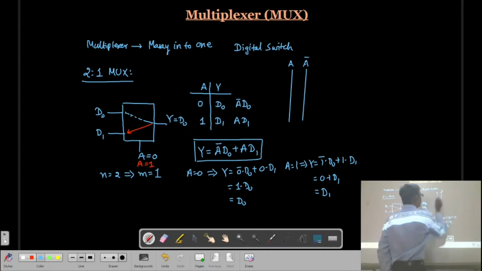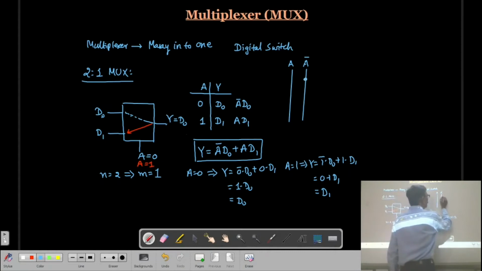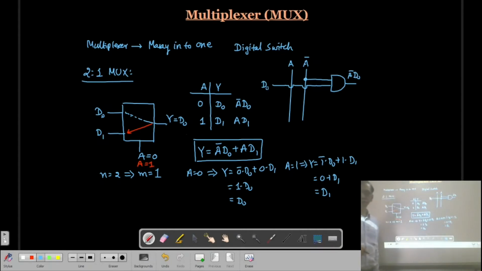What is the first expression? A bar D0. So we have A bar and D0, and you can draw it in this way using this AND gate. So A bar D0, this is my D0 line itself.